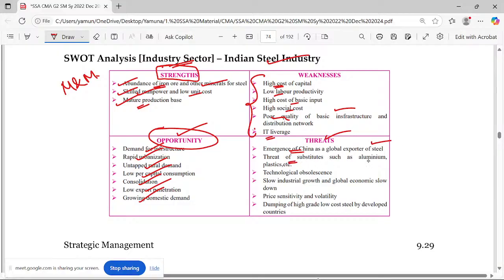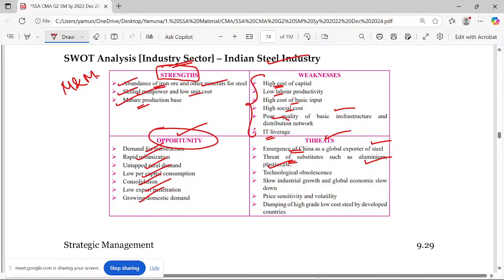Threat of substitutes, like instead of this, we are using aluminium and plastics equally. If you go for window structures and doors, we have wood equally. Nowadays, if you build a house, immediately for the main door they say go for teak wood. Use whatever for the other doors, but for the main door, teak wood. So this is like a brand. Nowadays it's been changed. You go for steel, go for aluminum doors. Even if you take a hammer and hit it, it's not broken.